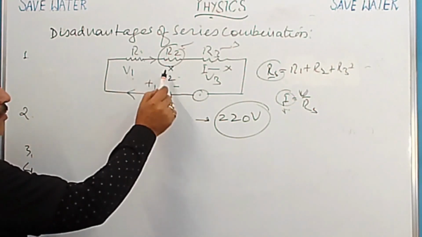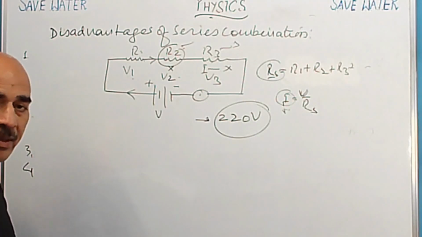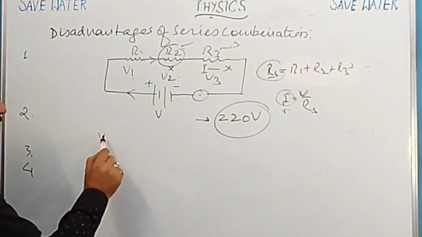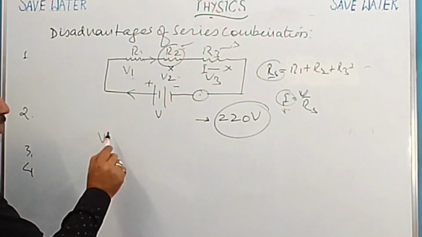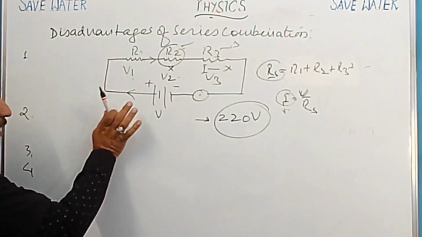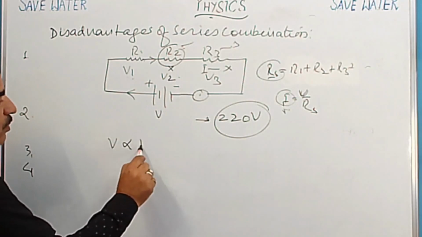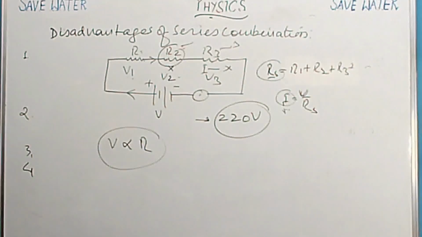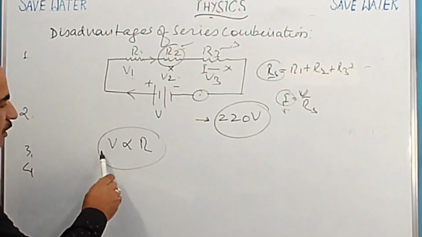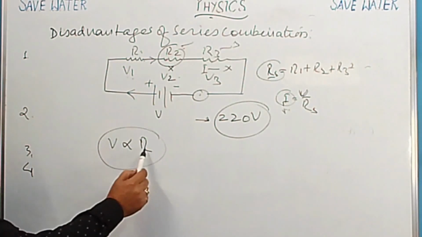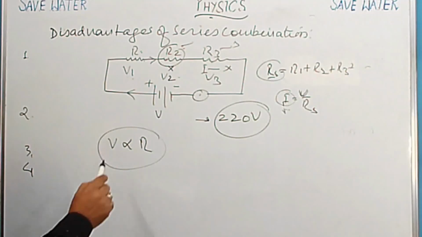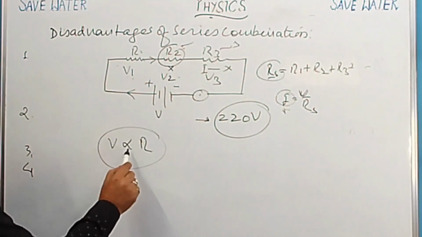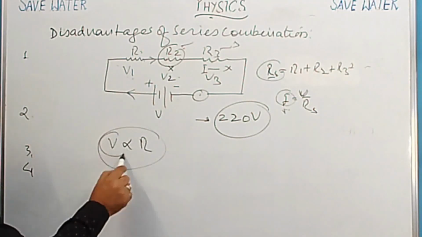Okay. एक और इंपॉर्टेंट क्वेश्चन यहाँ पर आता है हमारा कि कैन यू टेल मी द रिलेशन बिटवीन V1 एंड R1, V2 एंड R2, इनमें क्या रिलेशन होगा? Here, what do we find here? So V1 is directly proportional to, या potential difference इसमें सीरीज में क्या होगा? V is directly proportional to R. So potential difference across each resistor is directly proportional to the resistance, है ना? Because current same है, I सब में same है, तो जिसका resistance ज्यादा होगा उसमें potential difference